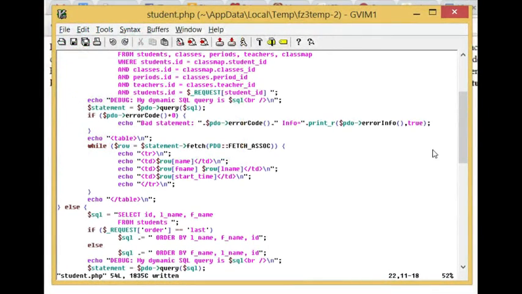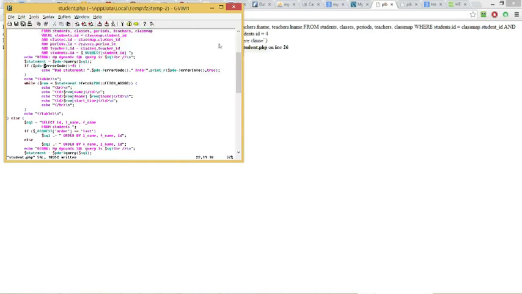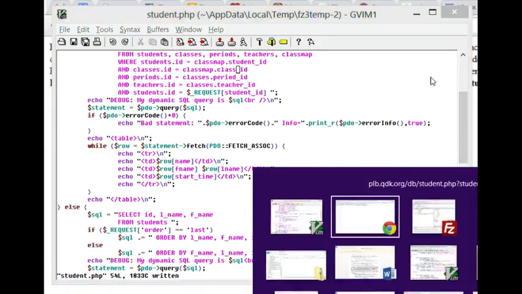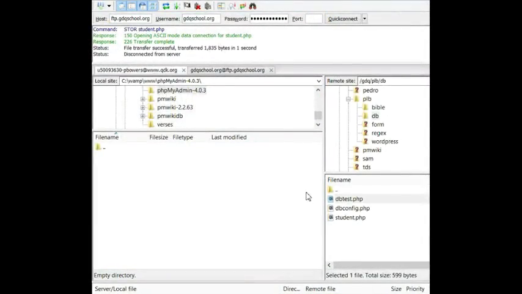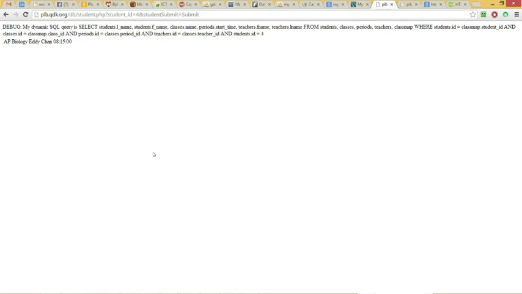So what do we have here? The error code is saying that there's an unknown column class map dot classes underscore ID in the where clause. Well, what did we call it? I bet it was just class ID. Okay, classes ID, get rid of that, make it just class ID, and we will upload that again, and now pull this in. Aha. Now, I only have a single